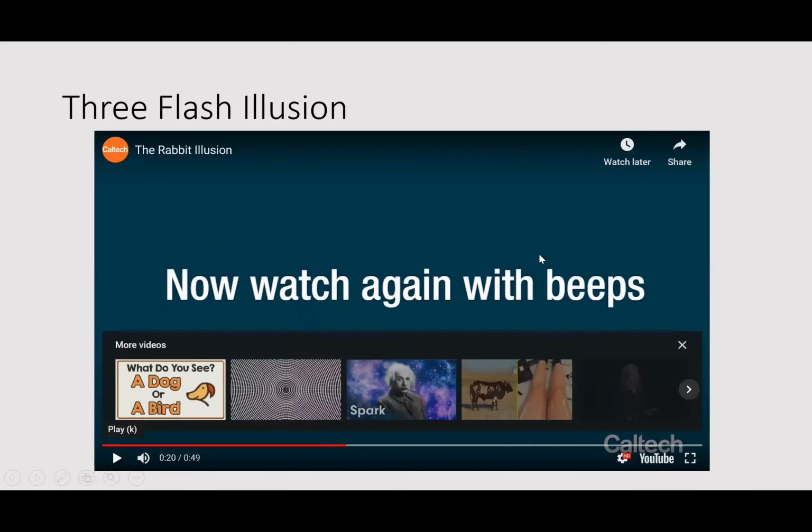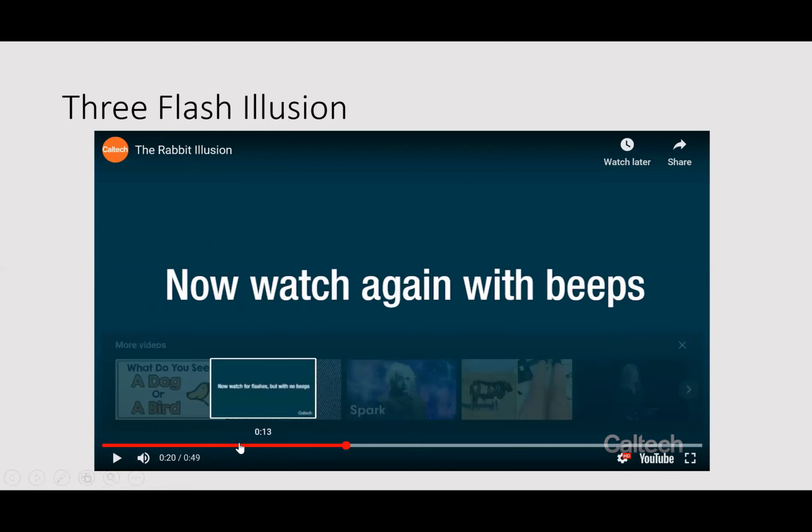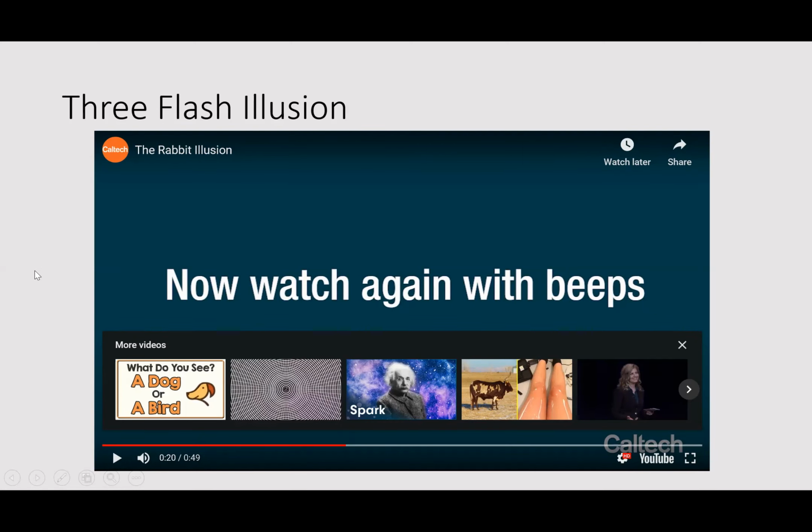Okay, so basically what happens there is, if it worked for you, then that probably looked like you saw three or more flashes. I showed this to a couple people, and they usually report three or four or more sometimes, but usually three or four. And it's actually only two. But the thing is, you can distinctly hear the sound, and the sound is three beeps.